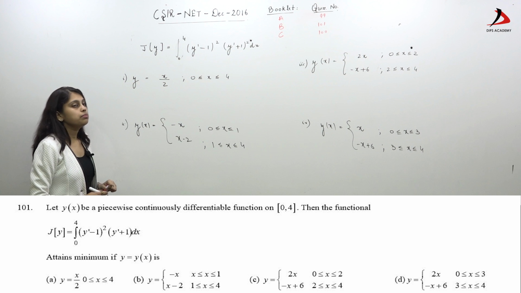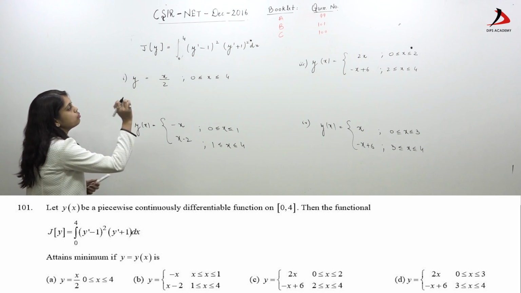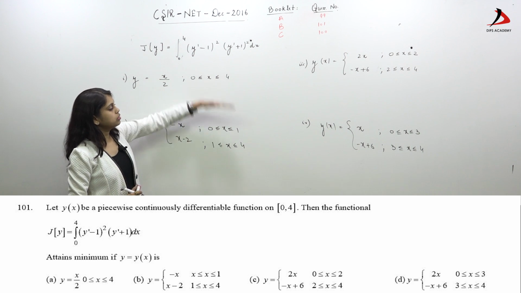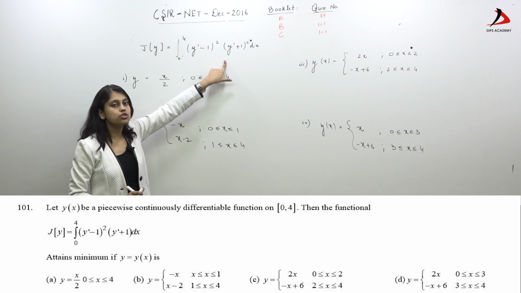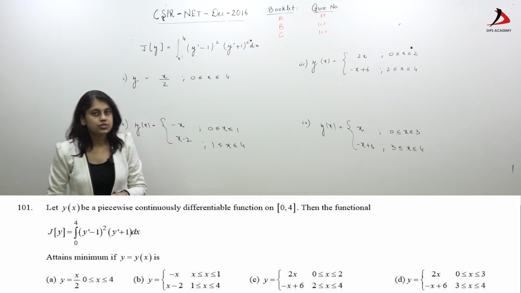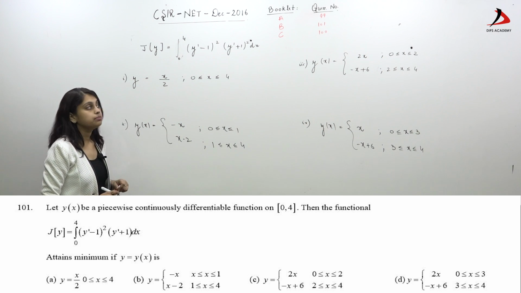Since we are not having any boundary condition, we will go with the help of the options. How will we solve this? Before going through the options, since your functional is independent of x and y both, obviously I will get a straight line as extremal, and in all 4 options I am getting this.